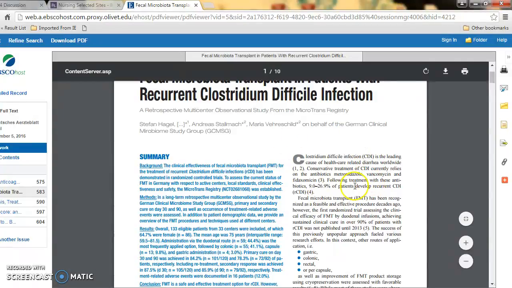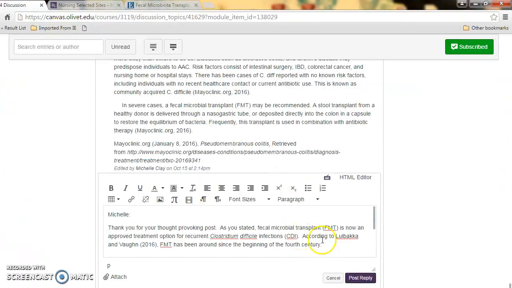So that is an important thing for us to realize, that this is one of the reasons that we decided to opt for fecal transplants and do some research on it, because of the fact that our current treatments were not as effective as they could be, especially with people with recurrent or refractory C. diff infections. So I'm going to go back to the article, and maybe this time I'm going to add a